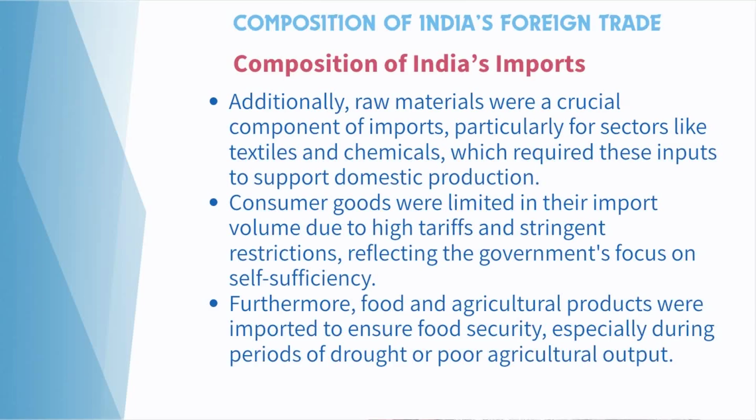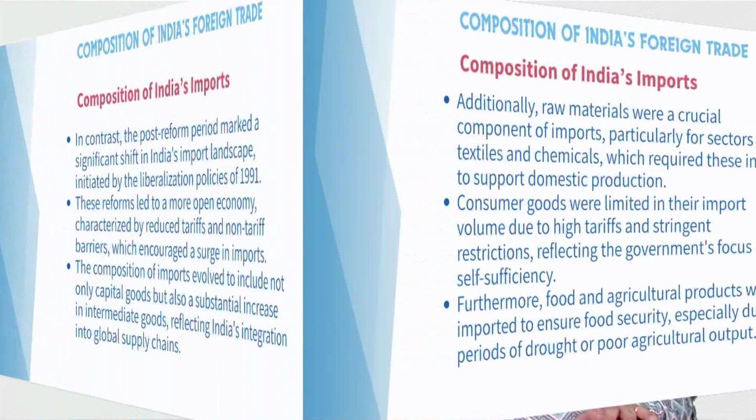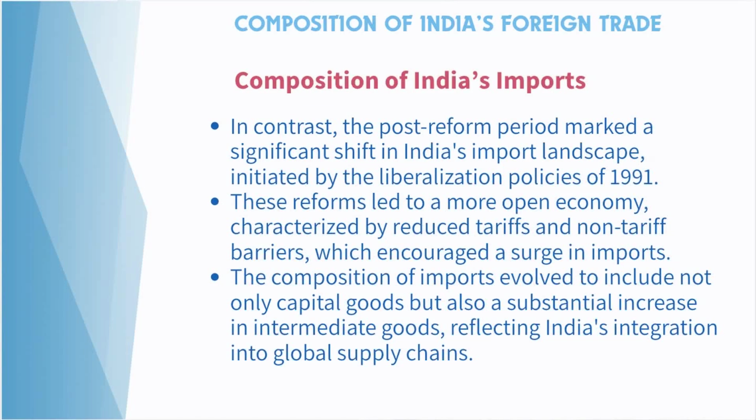Furthermore, food and agricultural products were imported to ensure food security, especially during periods of drought or poor agricultural output. In contrast, the post-reform period made a significant shift in India's import landscape, initiated by the liberalization policies in 1991. These reforms led to a more open economy characterized by reduced tariffs and non-tariff barriers, which encouraged a surge in imports. The composition of imports evolved to include not only capital goods but also a substantial increase in intermediate goods,